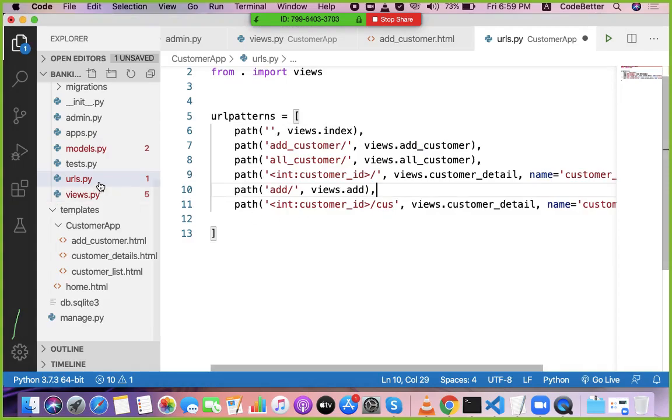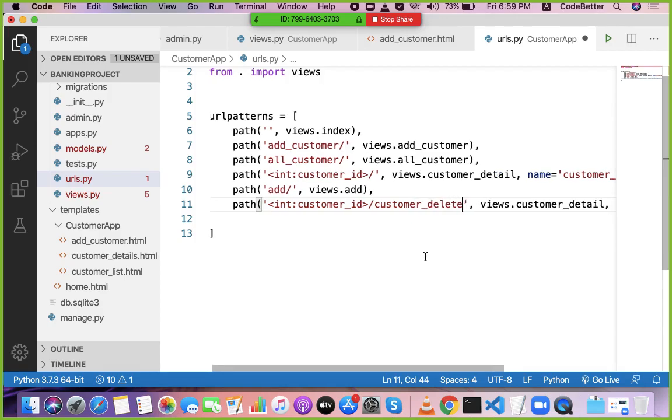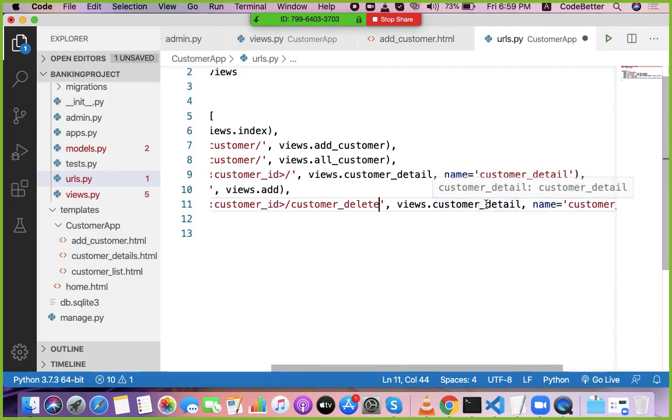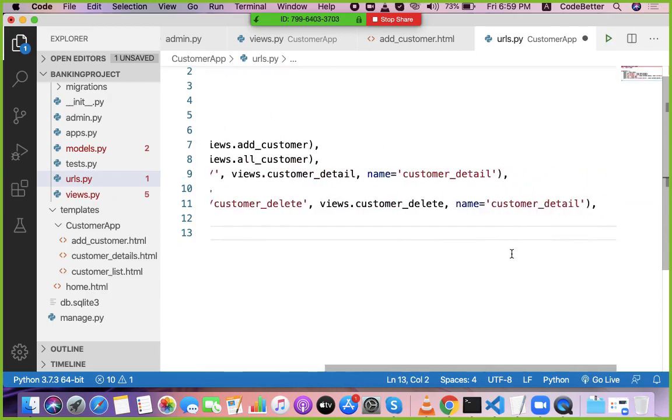So I go to urls.py and here I create a path first for customer underscore delete, and connect a customer underscore delete function, which is not there yet, but I am going to create it in the views.